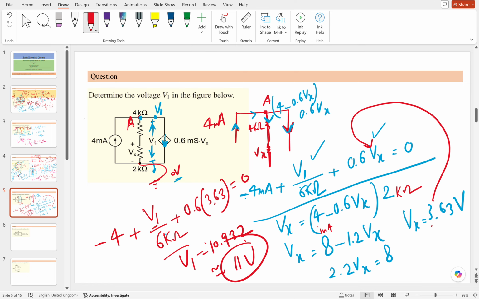Okay, so this is... Yes, tell me. Sir, how to find the value of Vx, sir? It is just a little confusion. Yes, it is confusing because